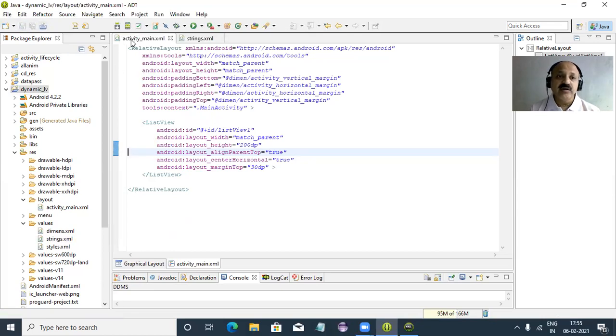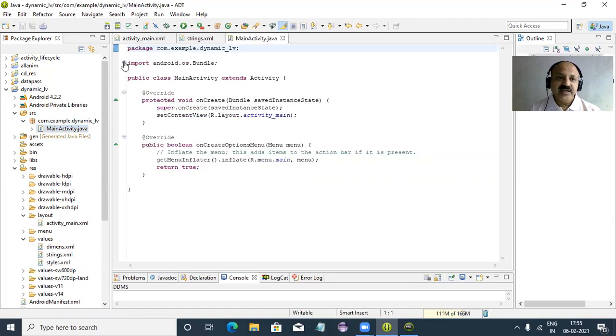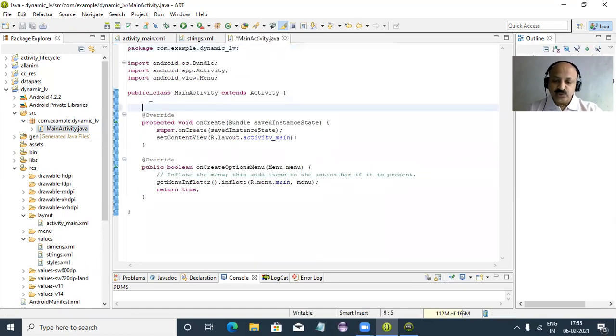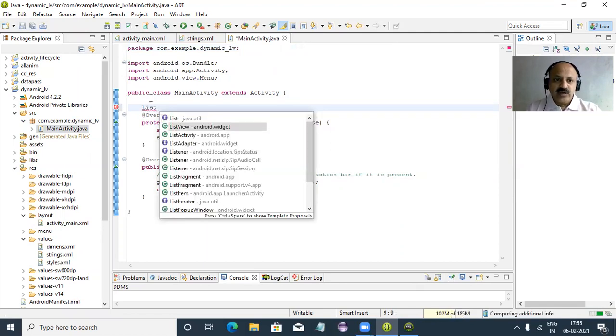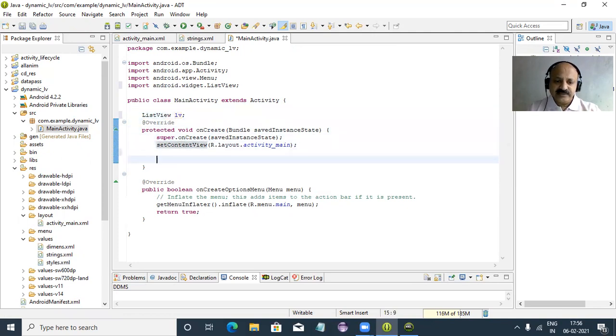So we cannot use the activity_main.xml file. That is a static way. Now we can use the src Java file, and there is an ArrayAdapter class we have to use. So first we take our list view reference. You can look here, I take it like LV1, list view one, or just LV, because L and 1 look the same. So we write LV, and then findViewById.